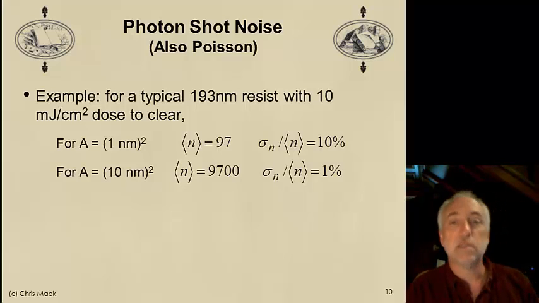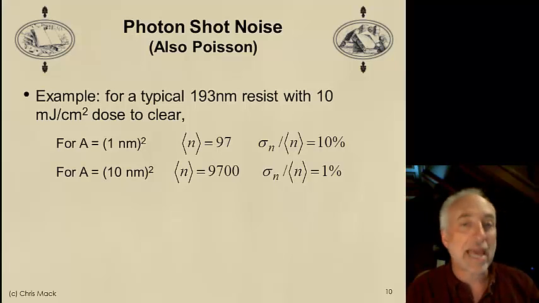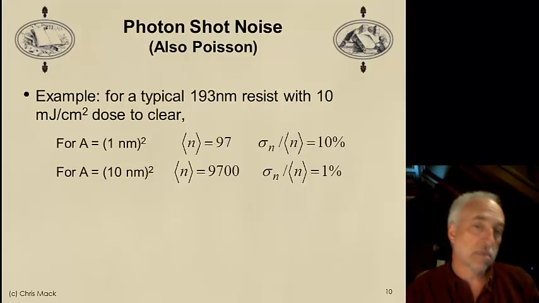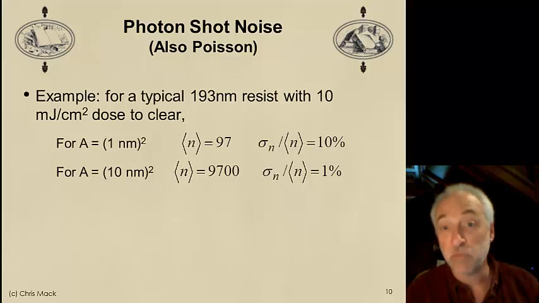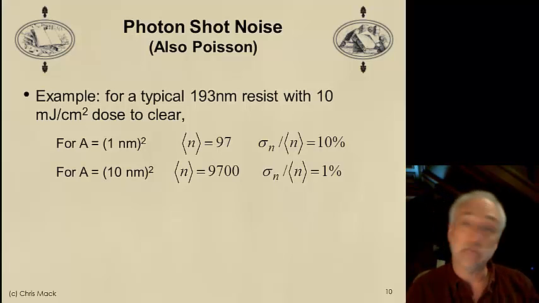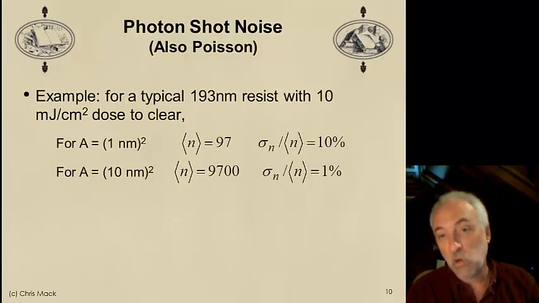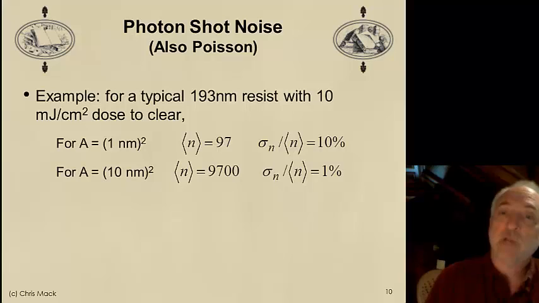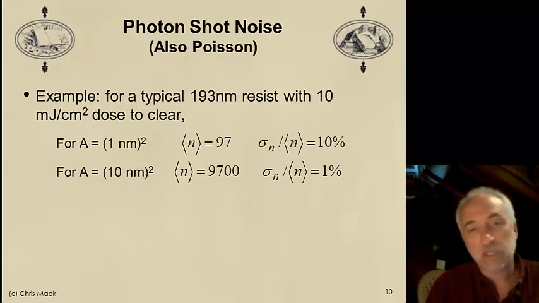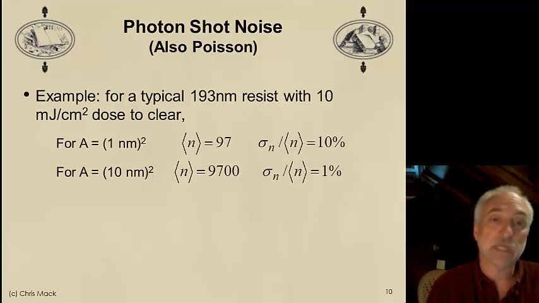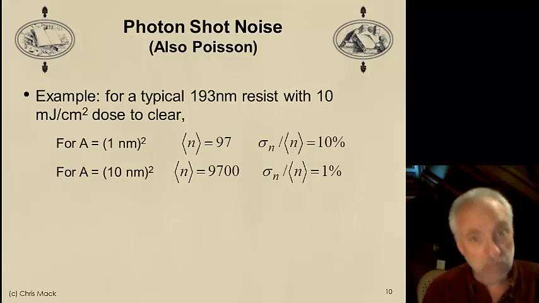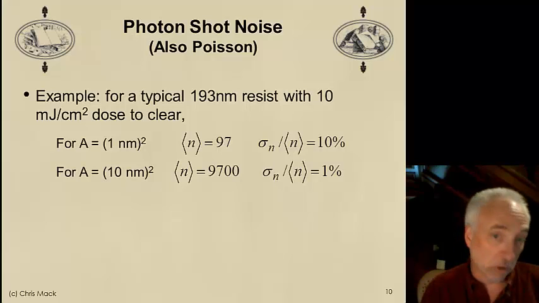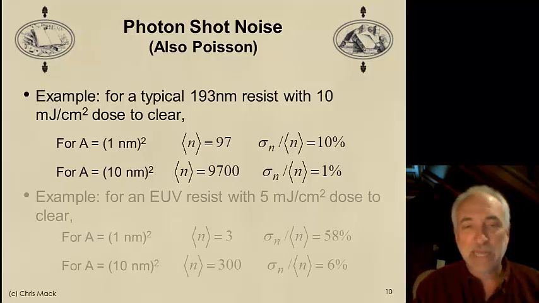So if we compare this number to the PAG concentration from the previous slide, we see that the 10 nanometer cube had an uncertainty of 15% in terms of the number of PAGs. Here we see an uncertainty of only 1% in the number of photons entering that volume. So you can imagine that the PAG uncertainty will dominate. Note that I'm talking about incident photons here. We could do the same analysis for absorbed photons, and there are certainly going to be fewer absorbed photons compared to incident photons. As a result, the shot noise will be larger for the absorbed photons. But I'd like to look at another example first,